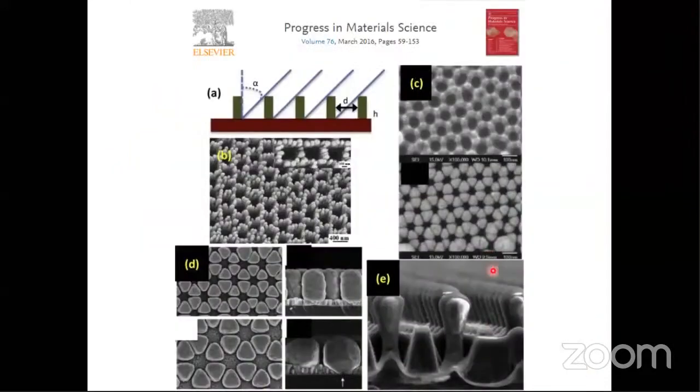So these are some of the structures fabricated using this method. You can find the details in this paper. And here, the angle of the beam also plays an important role in the evaporation process. Because if you change the angle and the target to substrate angle is fixed, then the density of the evaporated plume of the material will be different. That will directly affect the morphology of the structure. So the angle is very important.